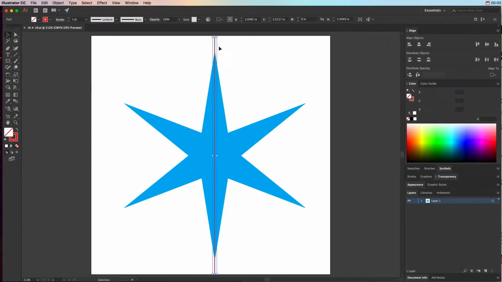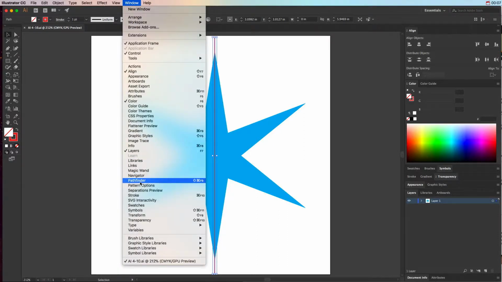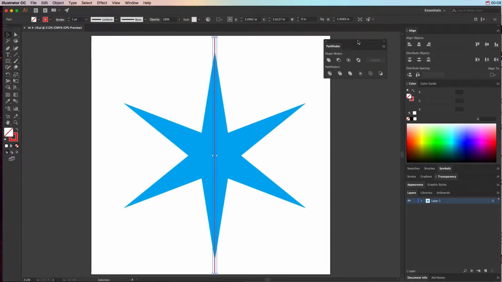In Chapter 4, Lesson 4, we are trying to learn about the divide options in the Pathfinder panel. So the first thing we need to do is go to Window, Pathfinder to get the Pathfinder up. In this particular one, we're going to use lines to divide this star into different shapes. And then we're going to select the pieces that make up the star and change our color so we get